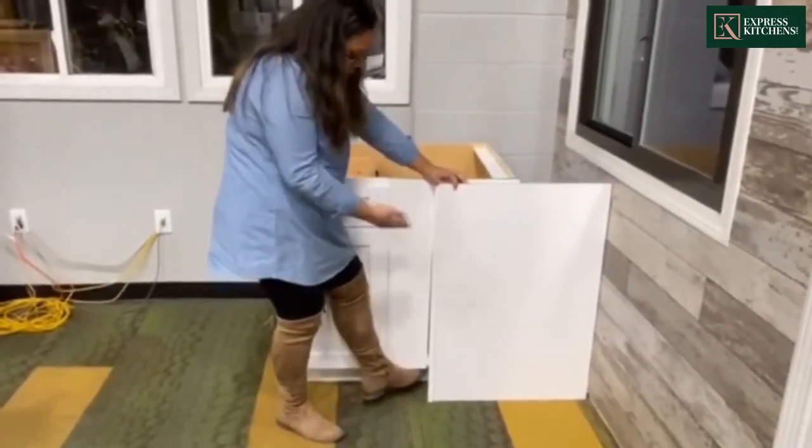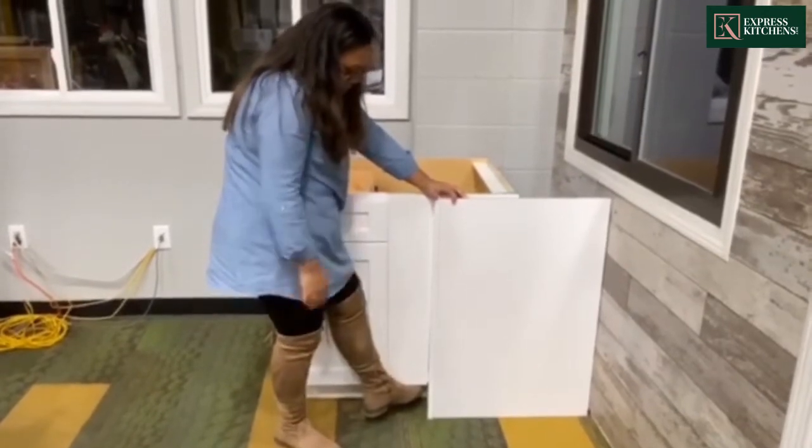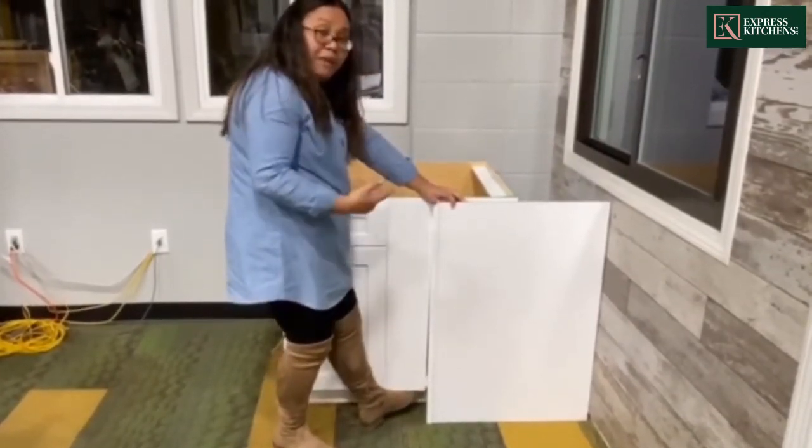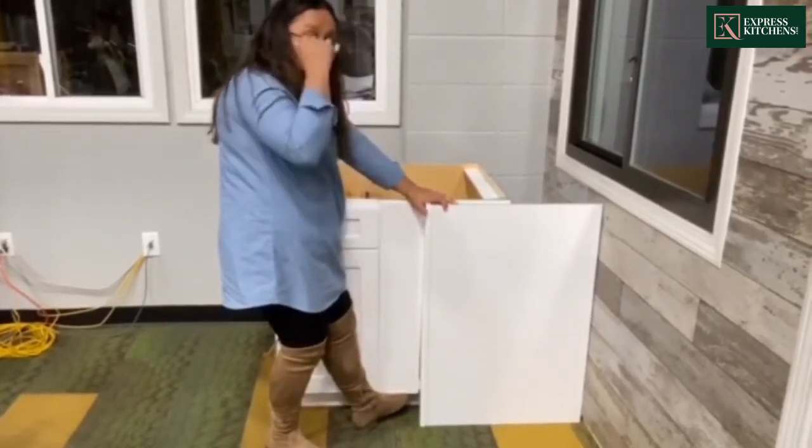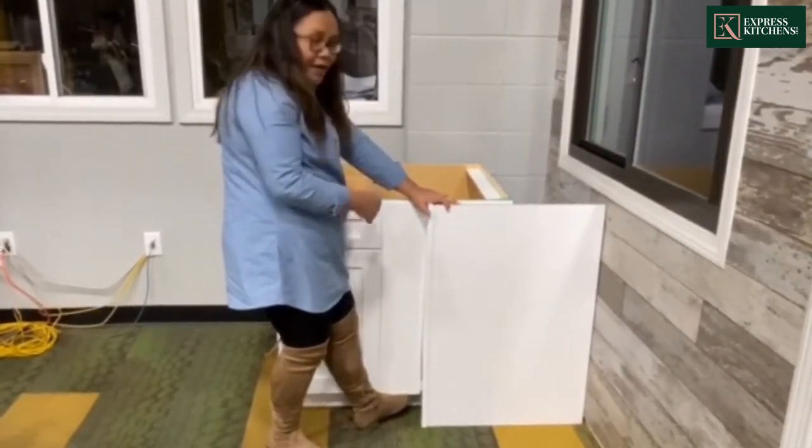Again, it would cover the hole. It would make it look nice and clean. Just be careful, if it's a plywood filler, you don't want to see the plywood exposed here. So if you're using a filler in this case, either choose an overlay filler